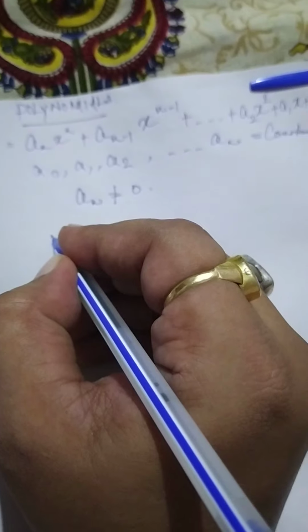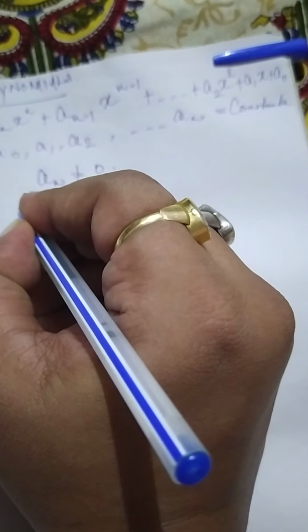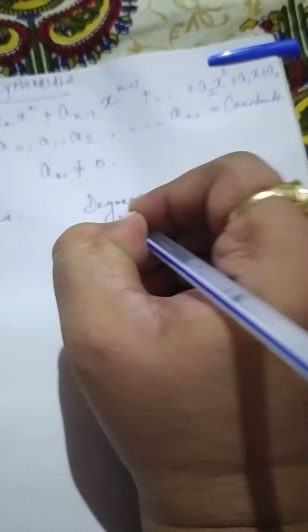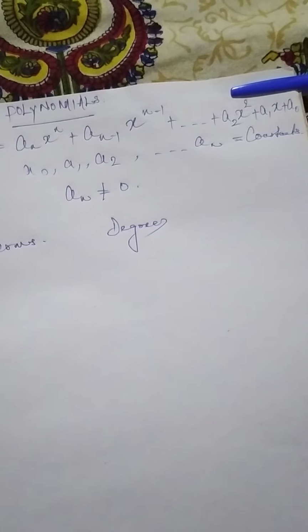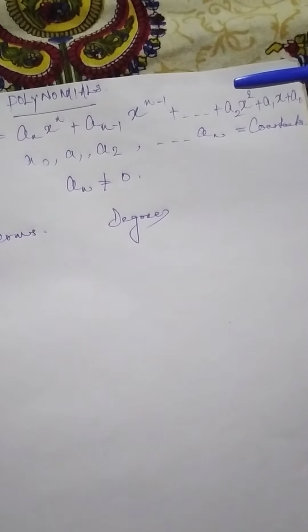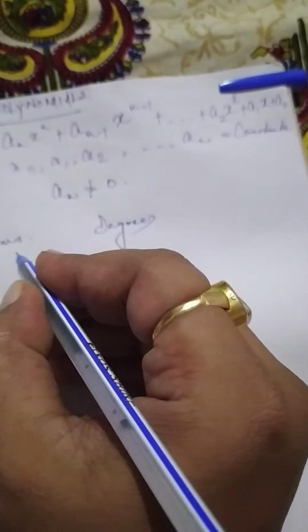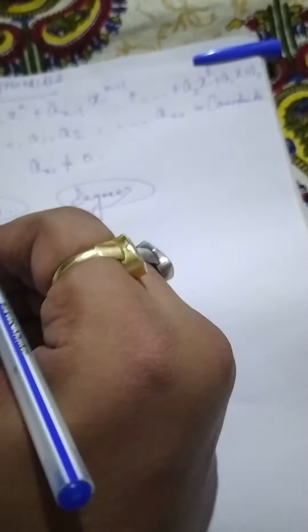So what we say about the entire portion is that it is a combination of the mathematical operations, algebraic expressions, as well as the link between the degrees and the terms. So if we go on seeing, it consists of terms, degrees, and another most important thing is that it is a polynomial. So let's talk about the terms and degrees.